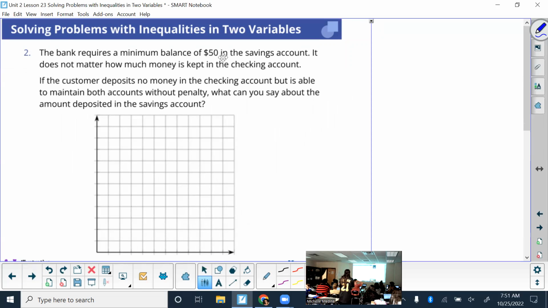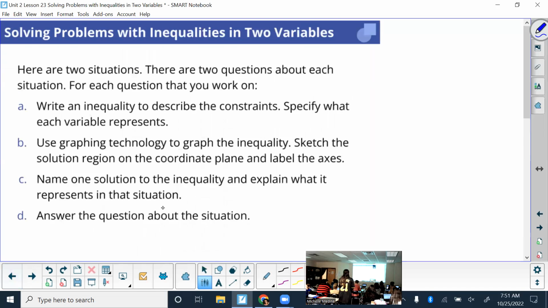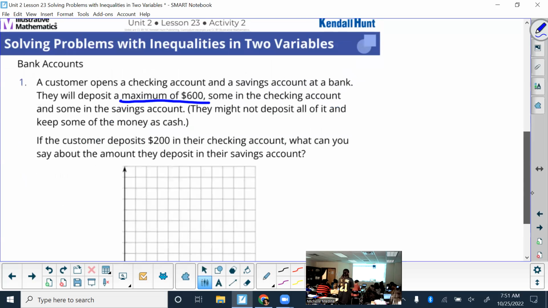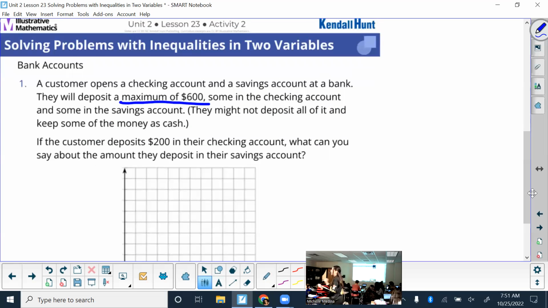Good. So in the second part, it has a minimum balance of 50 in the savings account. It does not matter how much is kept in the checking account. So use that and any other numbers in the problem to help you make your equation, or in this case, an inequality. So if I was showing the maximum of $600 that he has to have,